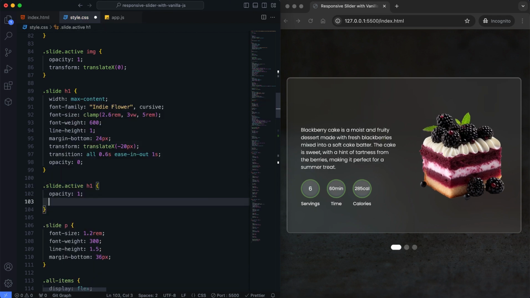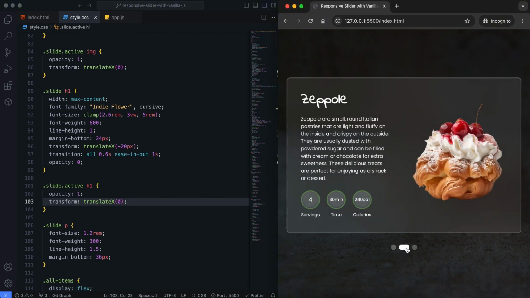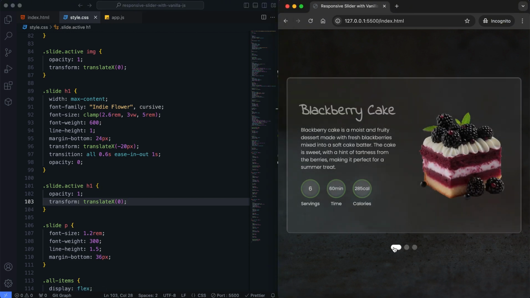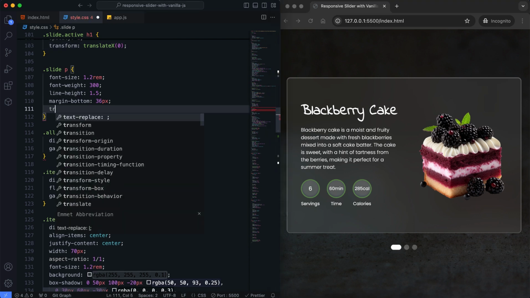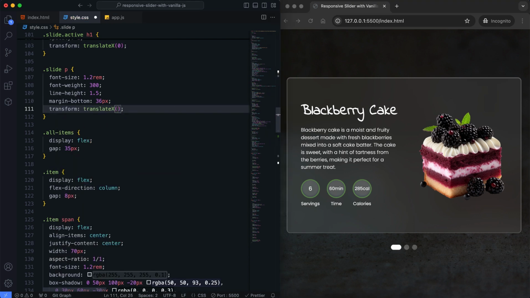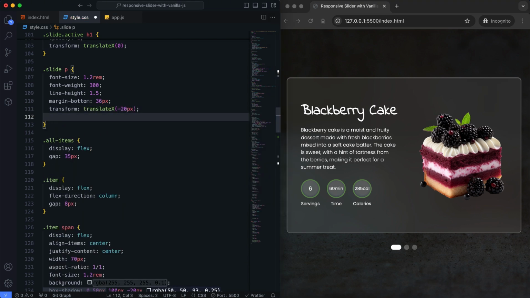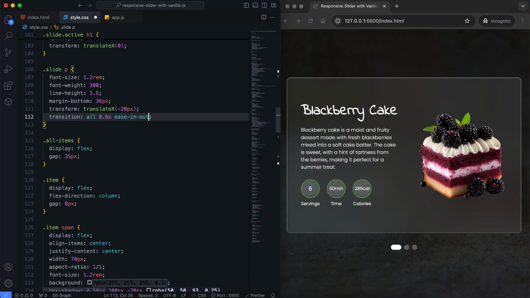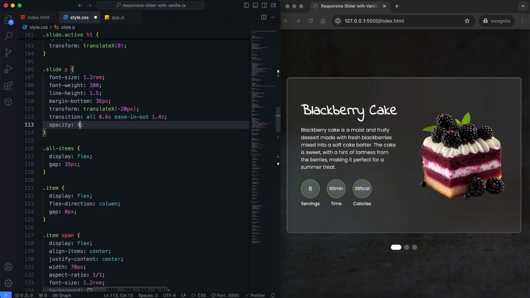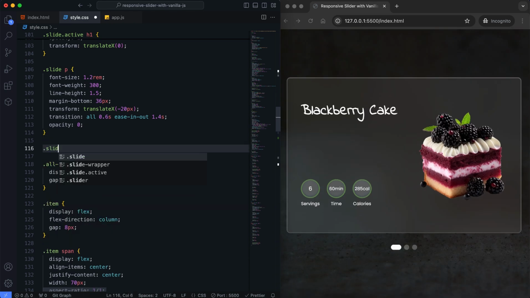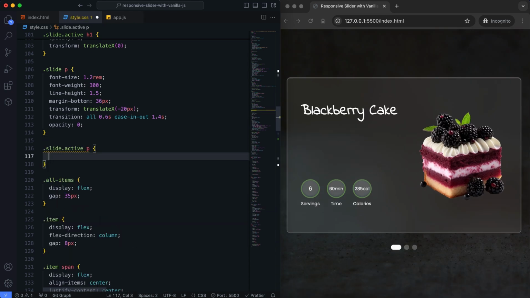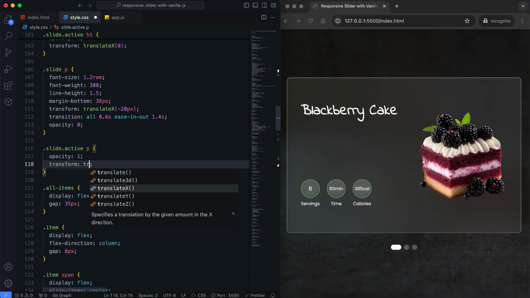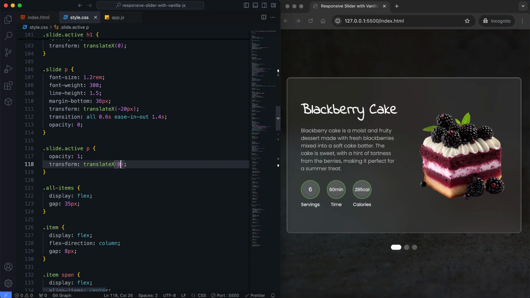It makes the title visible and moves it to its original position when the slide is active. It reveals the text and resets its position when the slide becomes active.